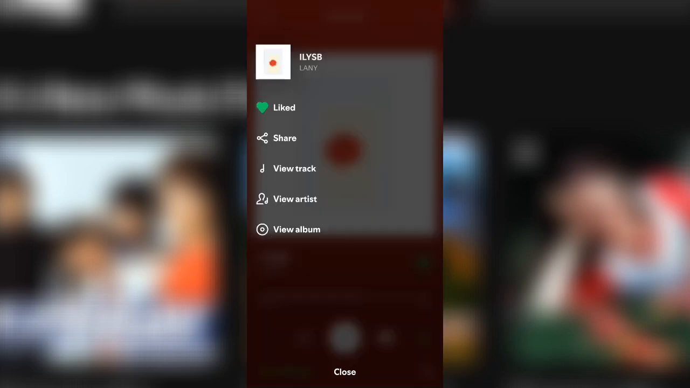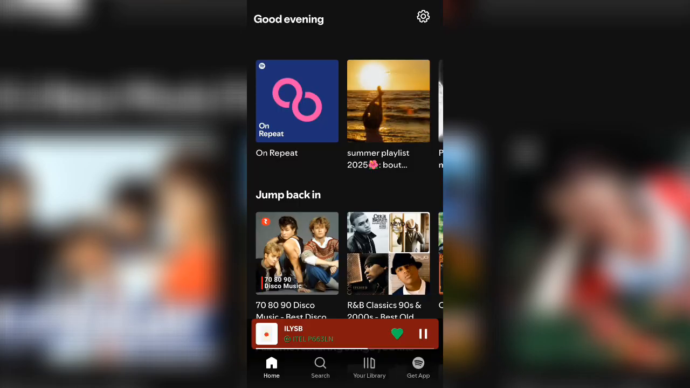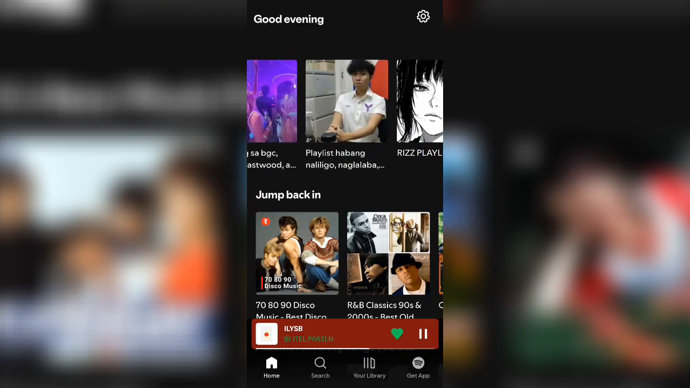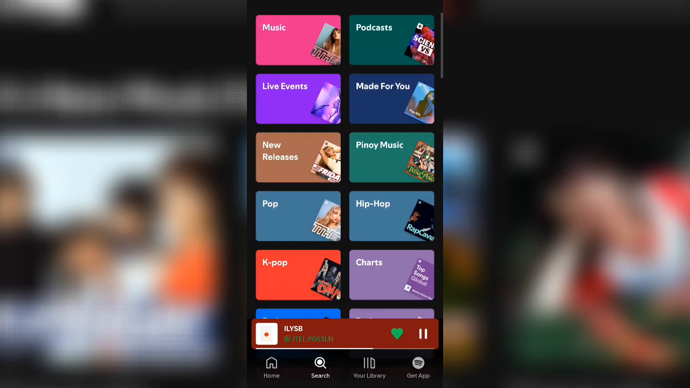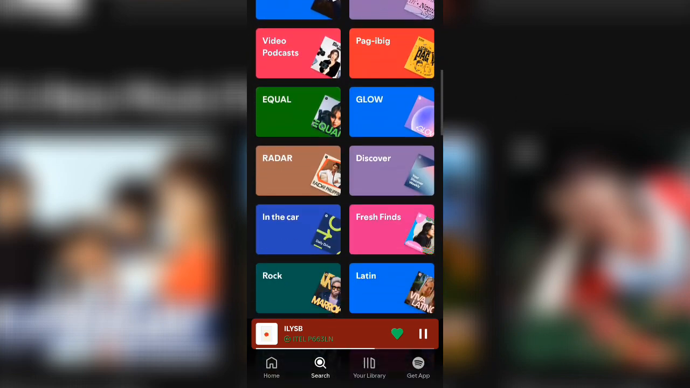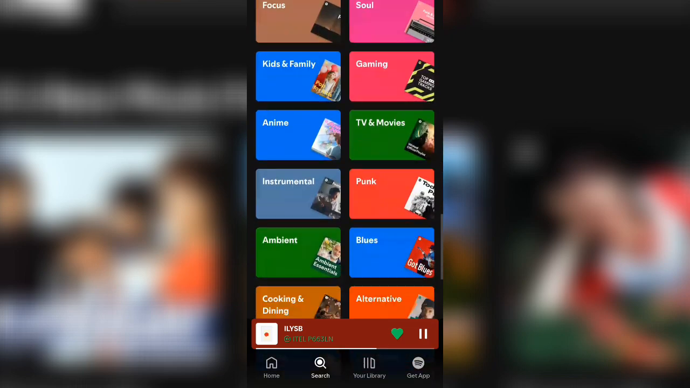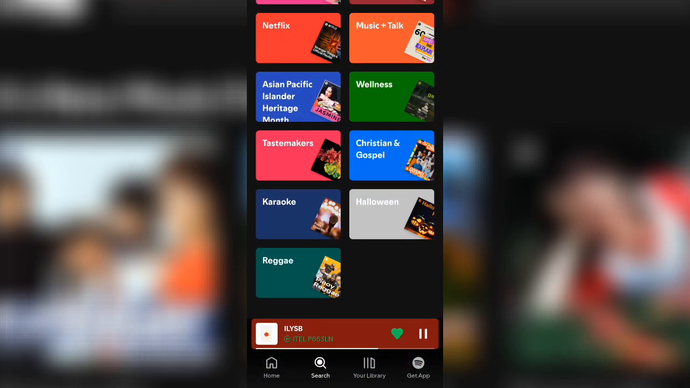Once you're in, the interface looks just like the app, with access to your home feed, search, and library on the left side. You can easily browse playlists, play albums, or search for songs and artists directly from the top bar. If you're using the free version, you will hear ads, but you can still shuffle playlists and explore millions